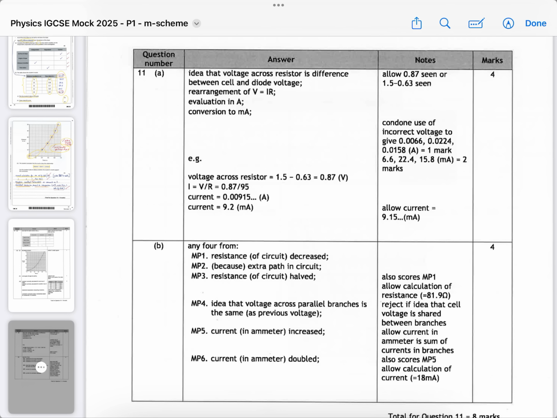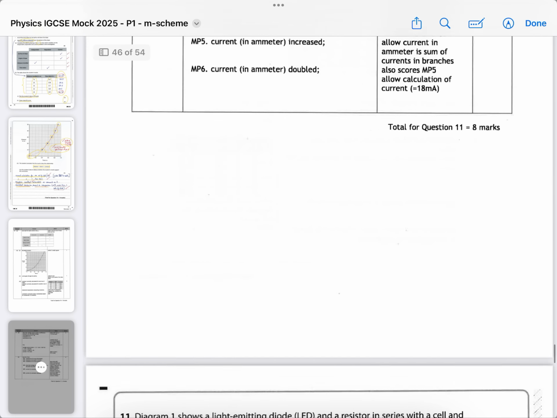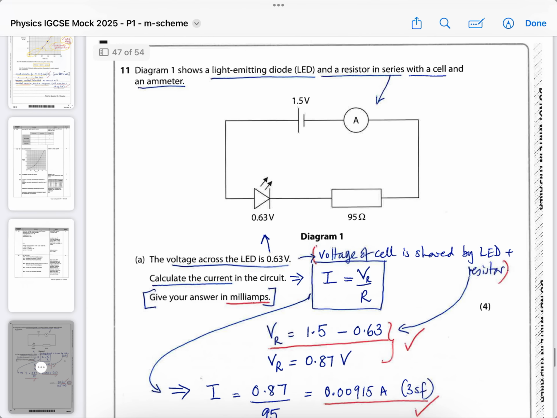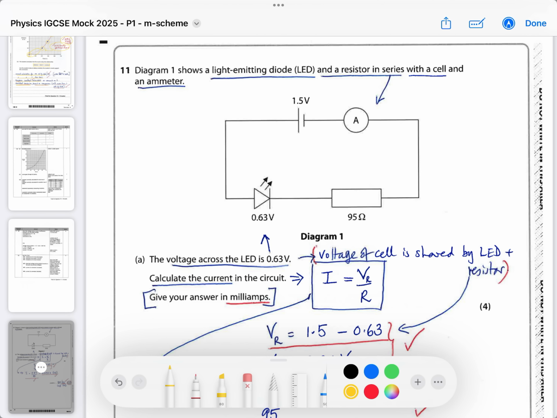Okay, so question 11 looks like it's about electricity, which we'll come to. It is indeed a light emitting diode in this circuit, and a resistor in series with a cell and an ammeter. So the ammeter is measuring the current, and the cell is providing 1.5 volts, which is what normally cells produce. So the 1.5 volts is shared between the LED, which is getting 0.63 volts, and this resistor, which we have